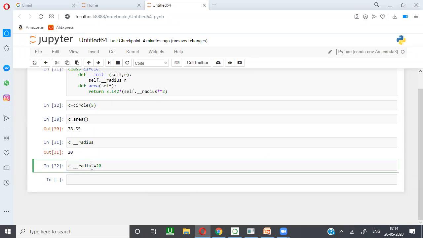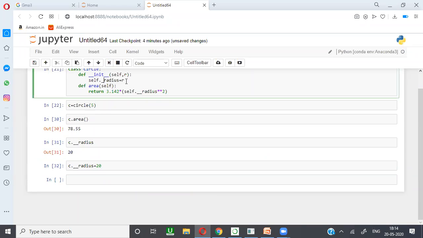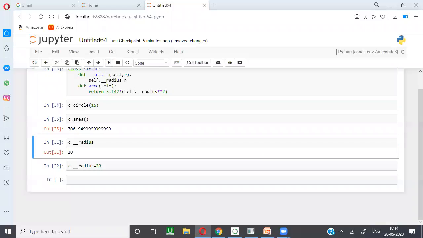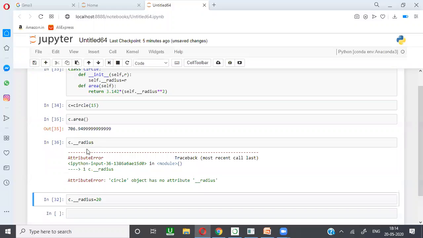If I define with double underscore, it will become private. So here I mentioned double underscore, it became private. Now when I'm trying to use c.__radius, it is not possible to access.